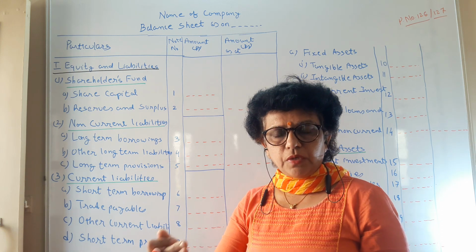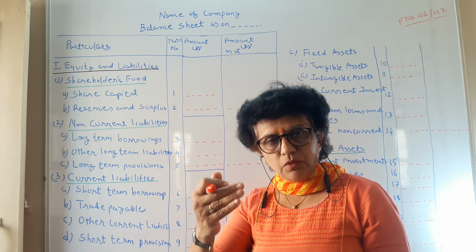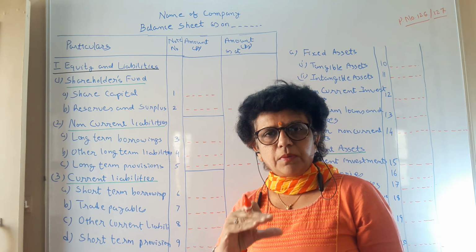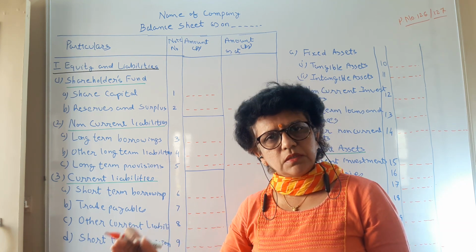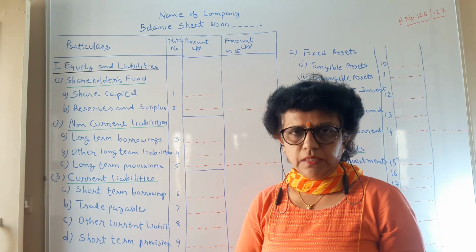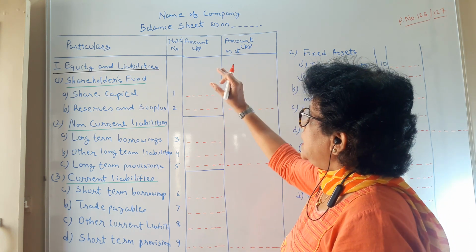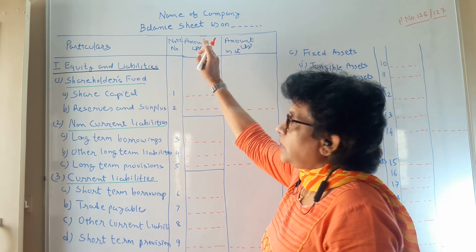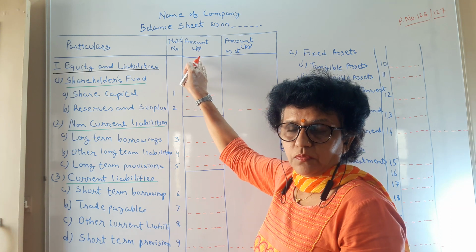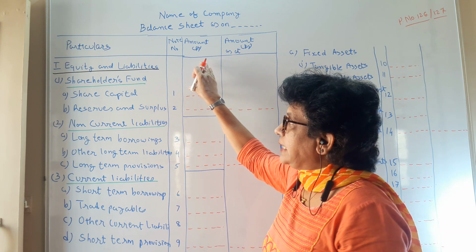In your exam, whatever question is given, they will give you a jumble of figures. You have to rearrange all those figures in a particular manner to prepare the balance sheet as well as the profit and loss account. So first today we are going to see the balance sheet format and the vertical format presentation of the balance sheet. The very first, the name of the company you have to mention, and the balance sheet as on. A balance sheet is a statement which is prepared on a particular day, and the position on that particular day is explained.